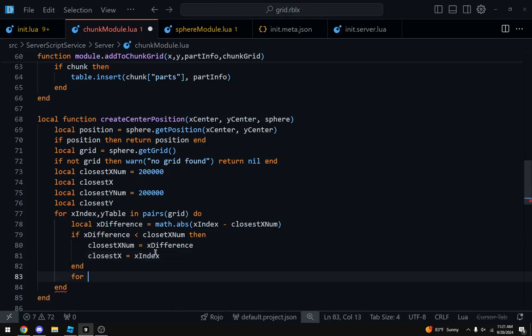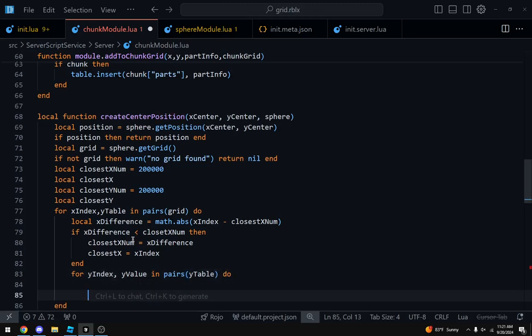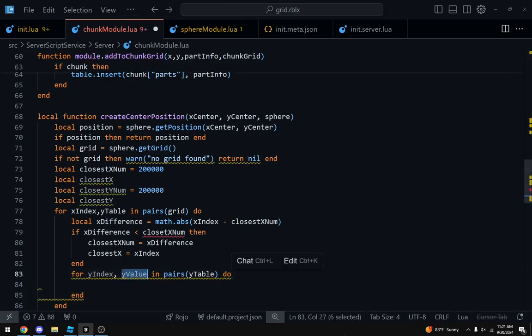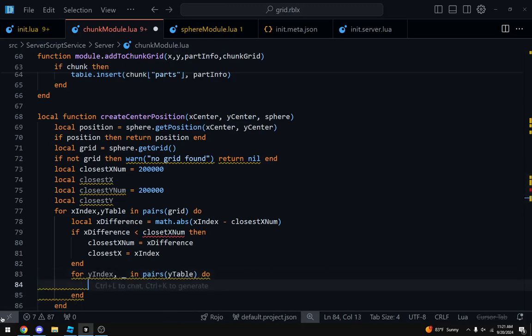We want to do y index, y value in pairs. Y table, I think. So y value is going to be a C-frame. I don't think we care. So yeah.